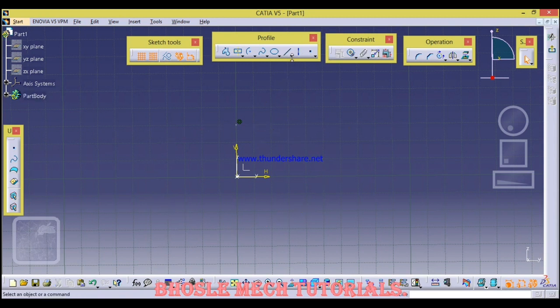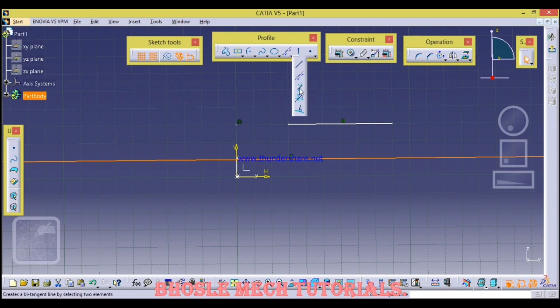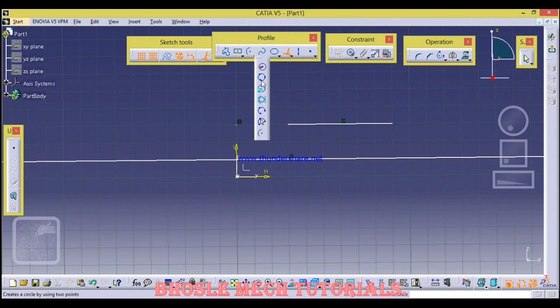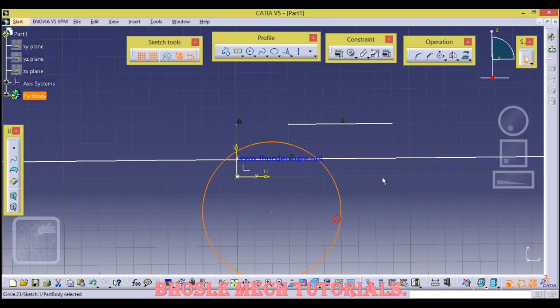And this is line. In line also there are 2-3 types. This is a simple line, as we all know, and here you will get an infinite line. This is an infinite line, and this is a bitangent line. And this is an important command. If I have a circle and I need a perpendicular line, I have to go for this command.